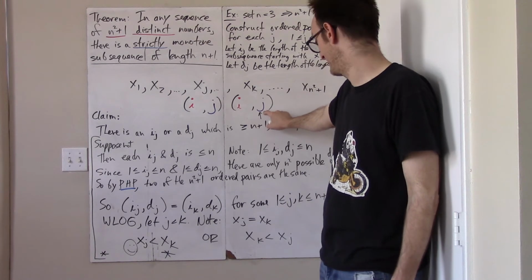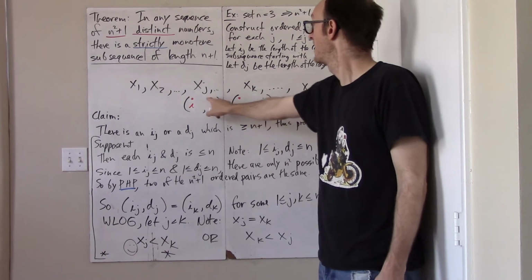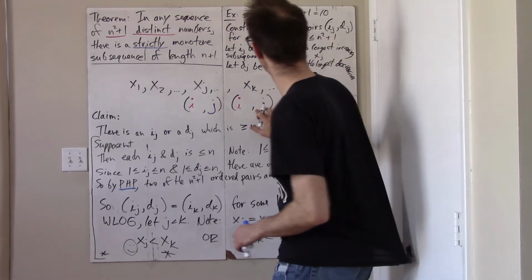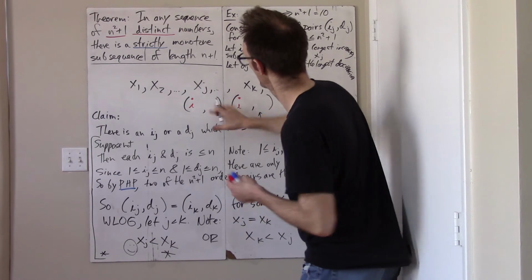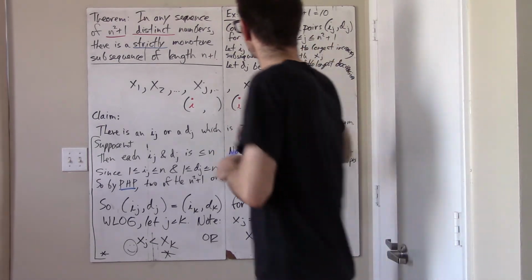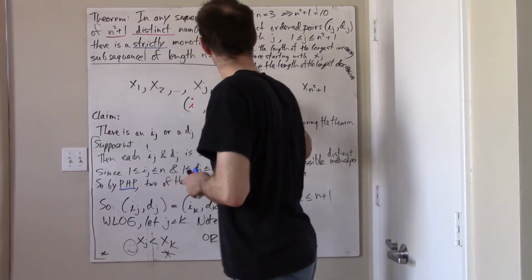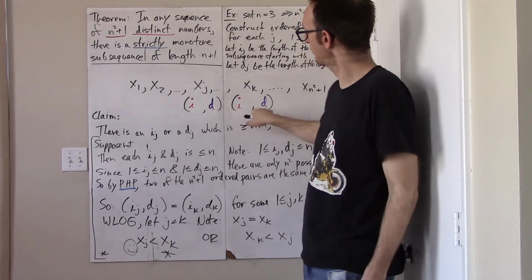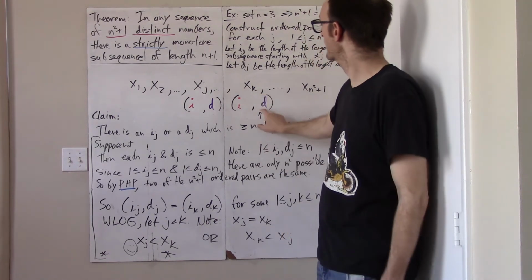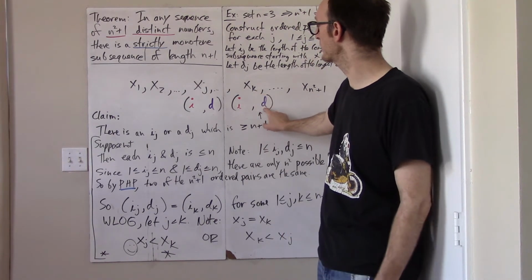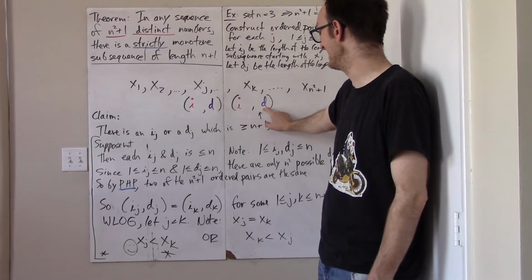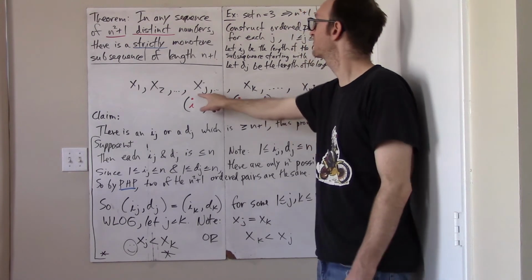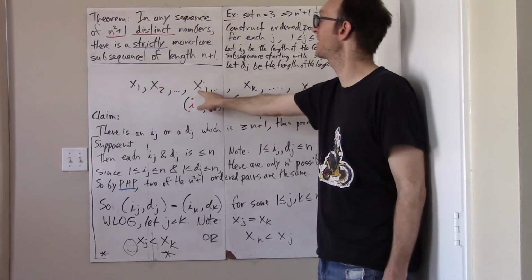But this guy is bigger. And these should be d's. That makes more sense with my notation. D's and d's. These two have the same, we assume that these ordered pairs are the same. Why is that a problem? Because when I'm here, the longest decreasing subsequence starting at this spot is d, and yet this previous number is bigger. But if this previous number is bigger, then once again I can stick this bigger number, x sub